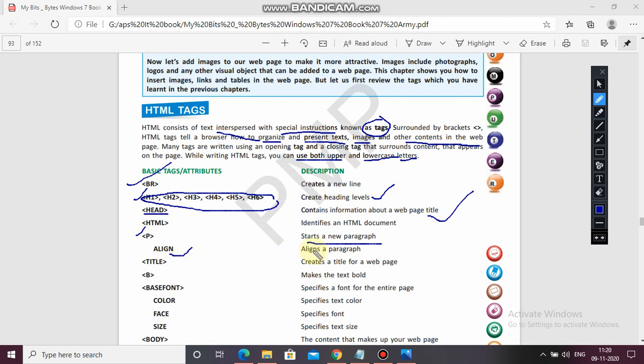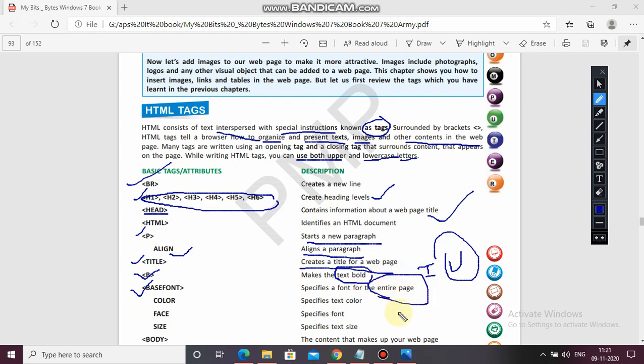Align means alignment of a paragraph, mentioning the position of your text or your heading. Title creates a title for a web page. B tag makes the text bold. We can also use I for italic and U for underline. Base font specifies a font for the entire page.